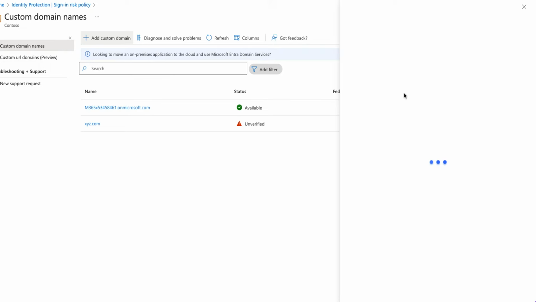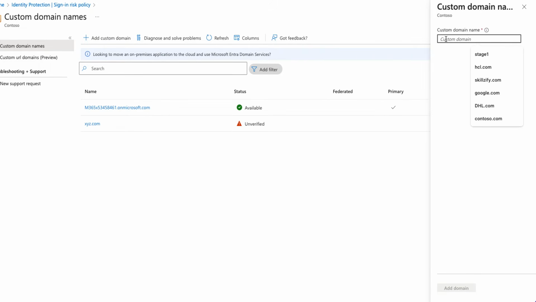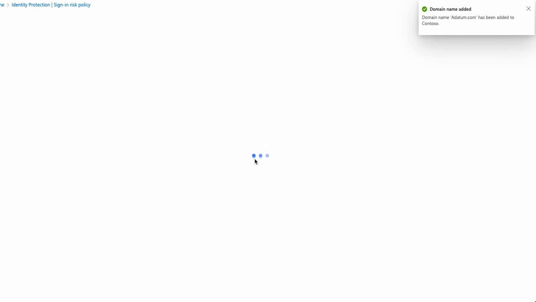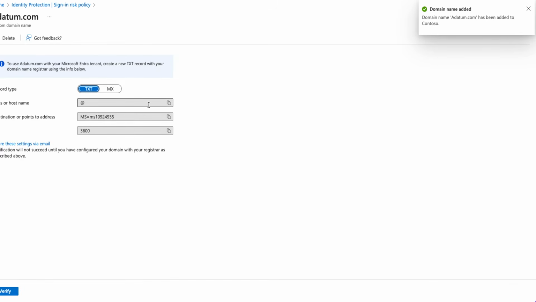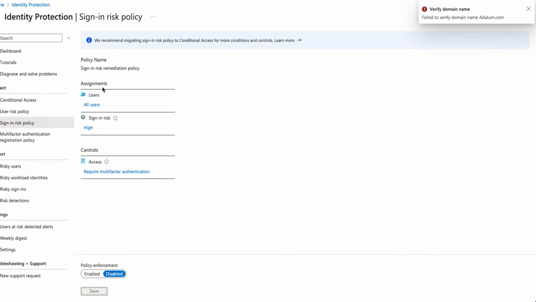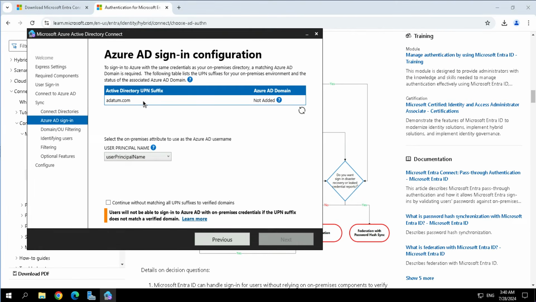For an instance, adatum.com. So if your company is adatum and you want to keep the same UPN, all you will do is provide that domain name, and then you will prove that the domain belongs to you by providing this text or MX record, text record basically, into your public facing DNS zone. In the adatum.com DNS zone, you will create a text record with these values, and then click verify. I'll not be able to verify that because this domain adatum.com does not belong to me. So I will ignore that for the moment, and then I will go to this, and I will say that